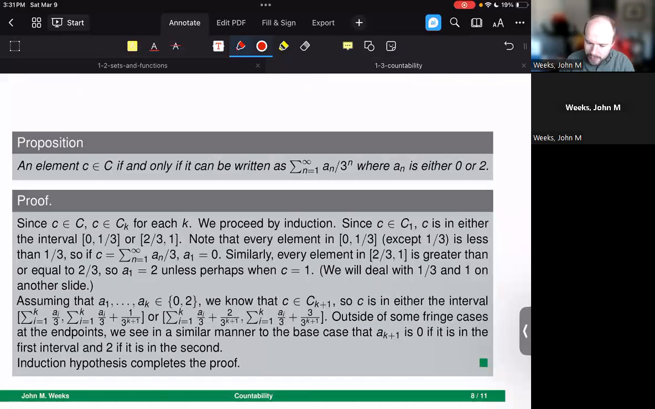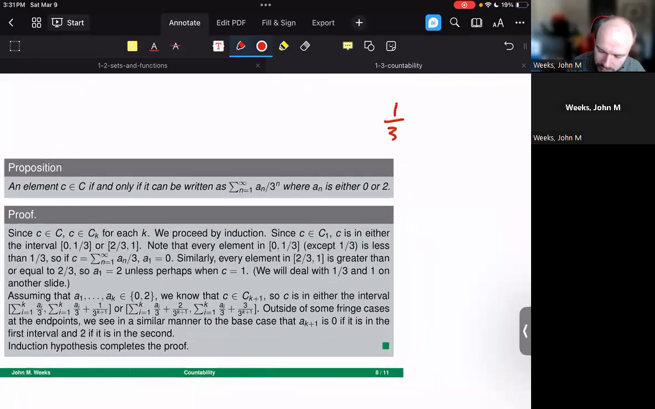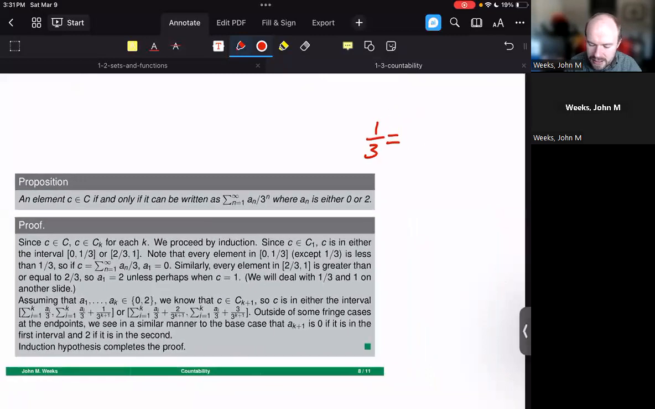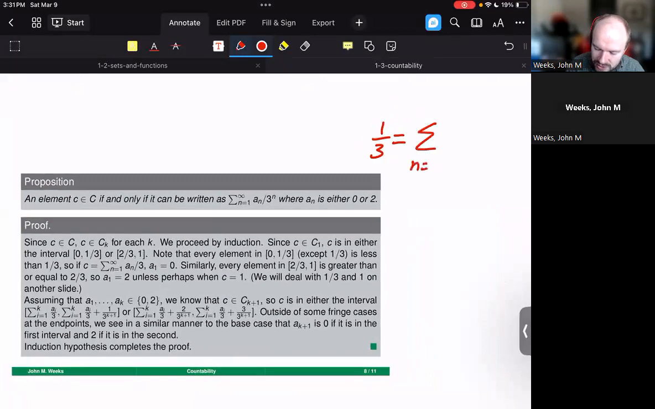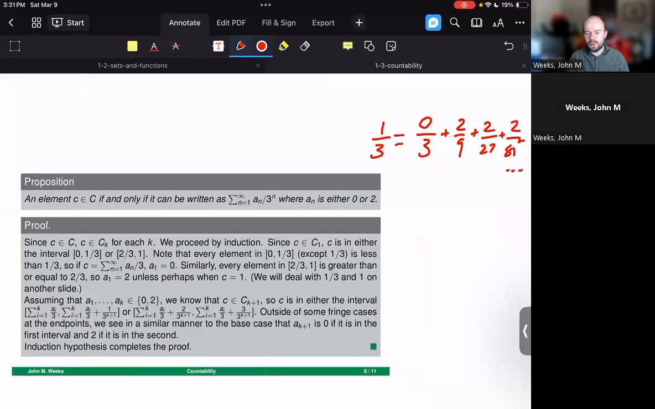So notice, for example, the way that we're expressing 1/3, since we said that was an endpoint, is as this infinite sum, n goes from 1 to infinity. I'll actually write it out as a sum here, which will be a little bit more useful: 0/3 plus 2/9 plus 2 over 27 plus 2 over 81 plus, and so on and so forth. This is one way to write the number 1/3. And by the same sort of argument as we've been using in the previous slides, this gives us a